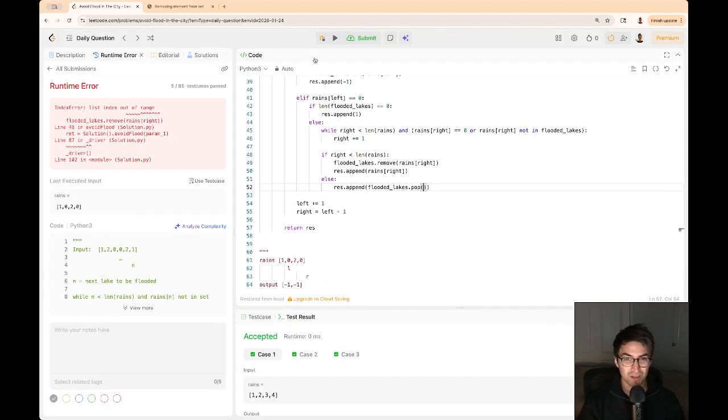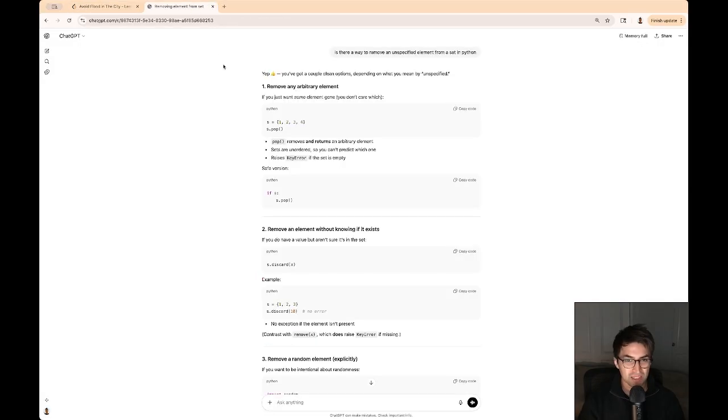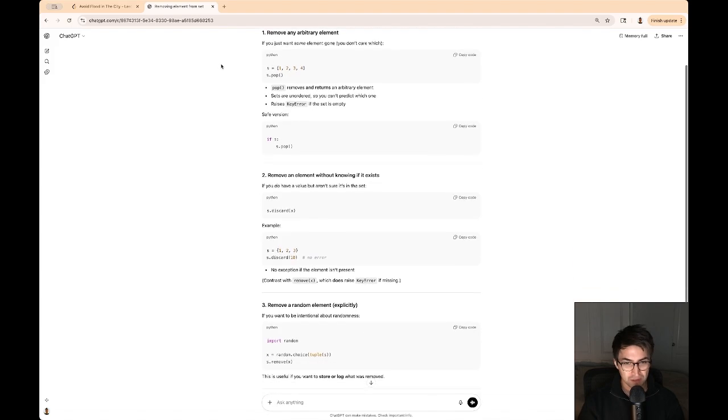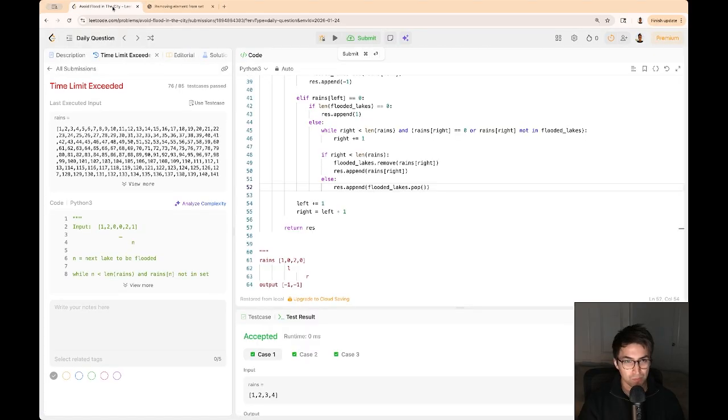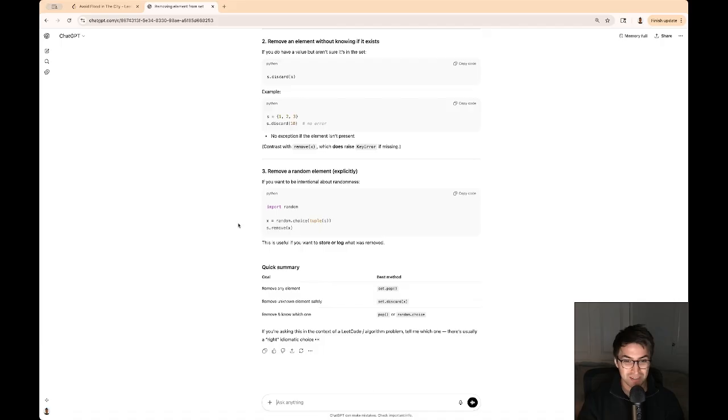Maybe it'll work, maybe not. I know you can't remove the last element added. Well, I mean, more test cases pass, but